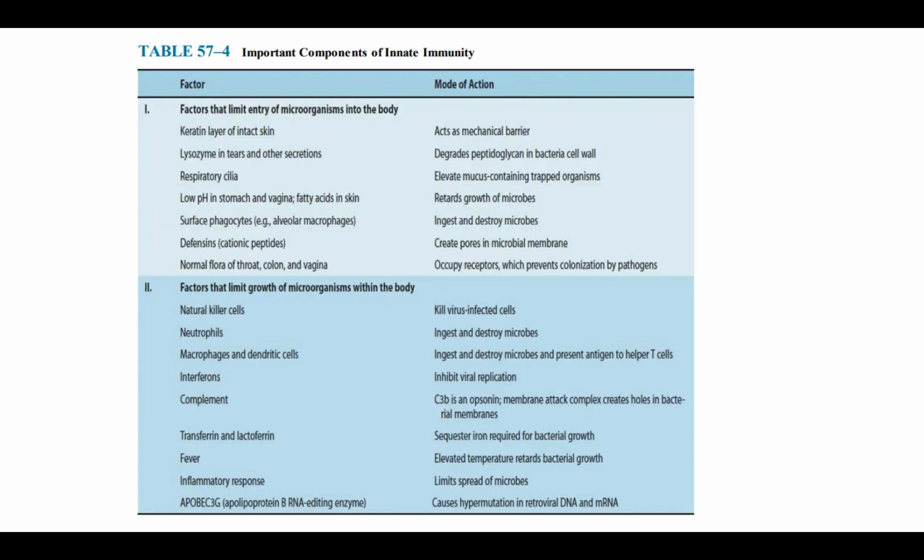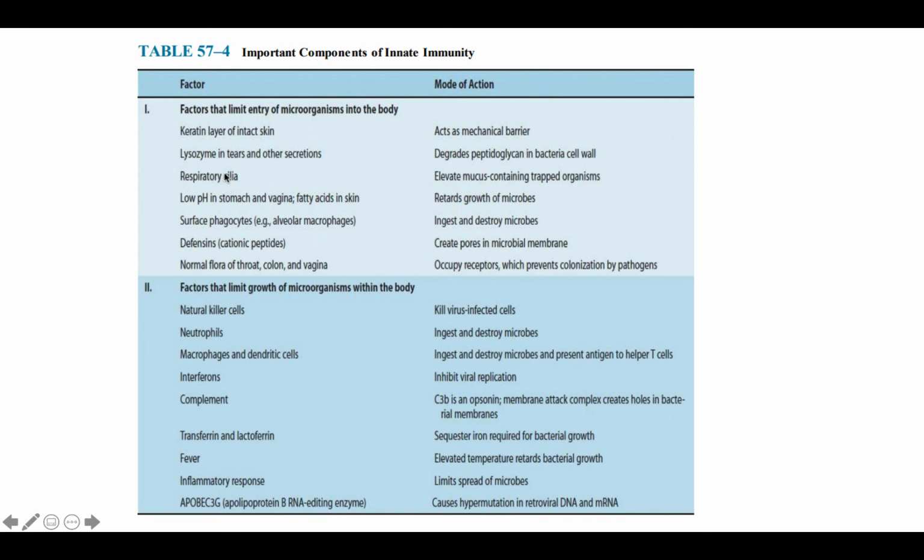So we go back to this table again, factors that limit entry of the microorganism. Again, all these cells are important components of the innate system, which is the keratin layer of the skin. This is a mechanical barrier. In your secretions you have lysozyme that degrades peptidoglycan in the bacterial cell walls. Cilia keep elevating the mucus to trap organisms. The mucus itself traps